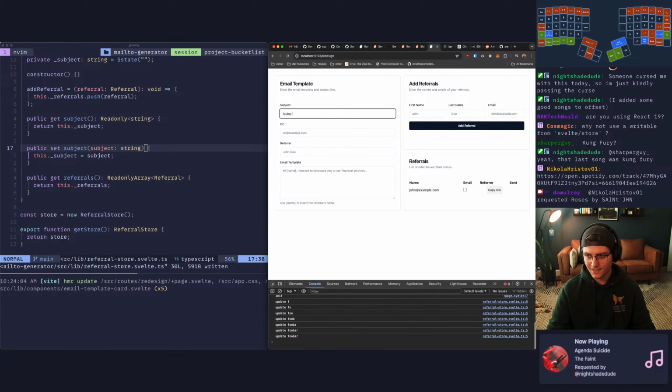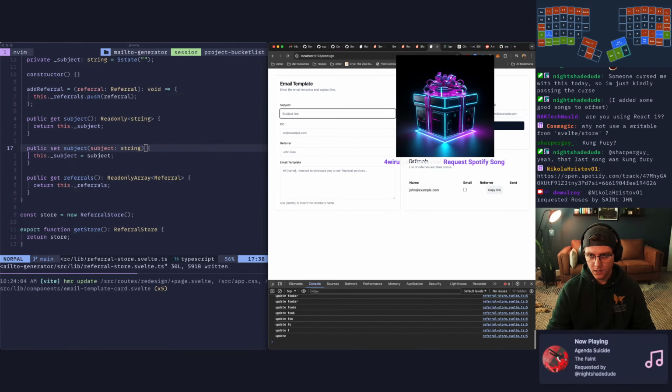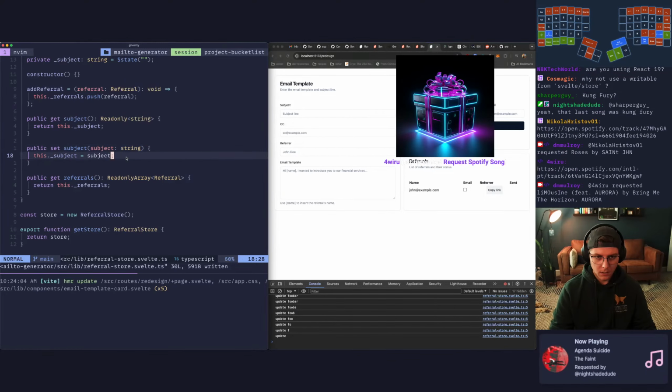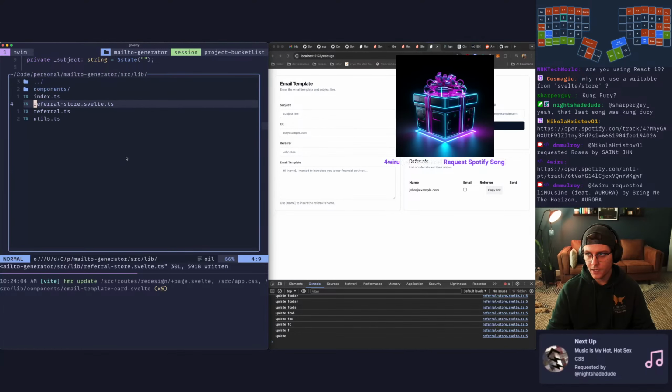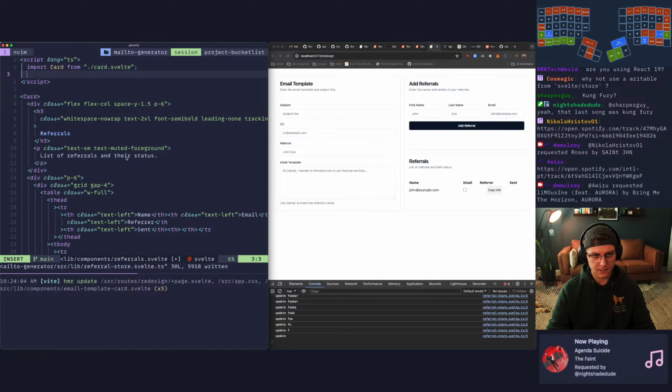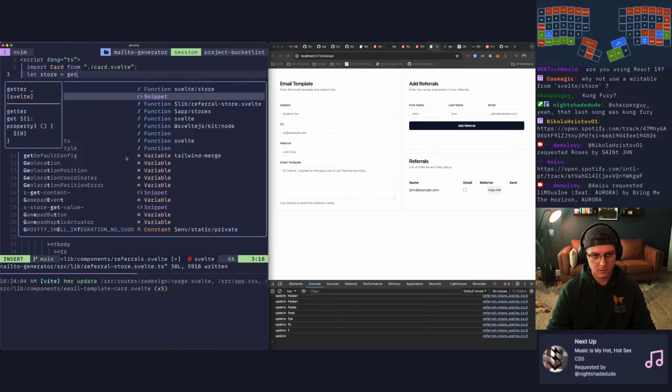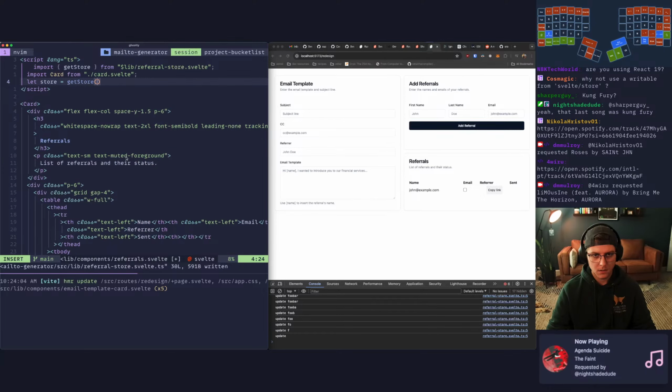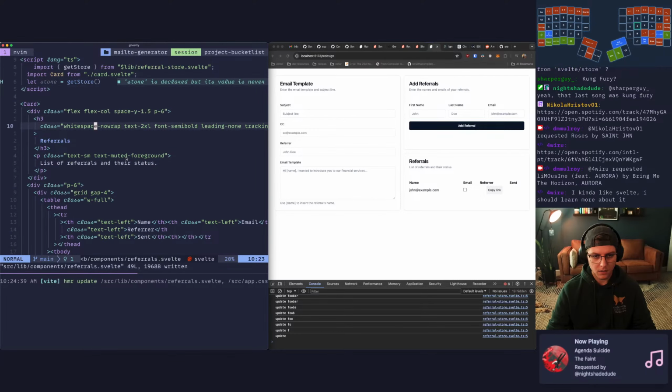Check that out, chat. Yo, so technically that's completely reactive across the entire application now. So if we go into something like our components, and let's just say we'll go into our referrals and get our store again. So let's say let store equals get store, and we'll get that there.